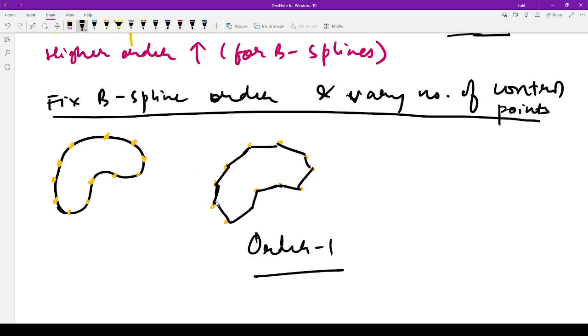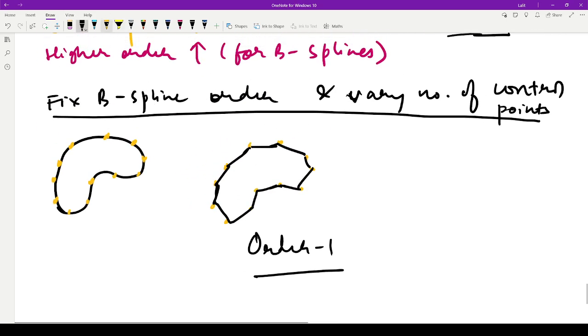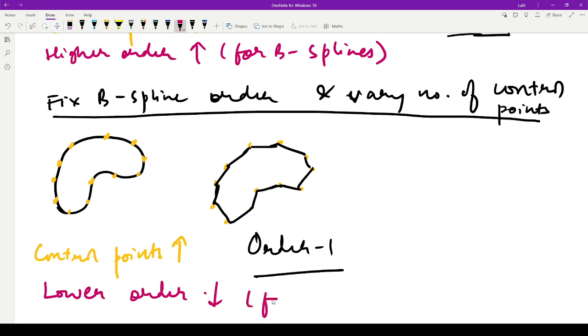This also looks like a bean, at least to me. So the point is, we have just changed the setting so that control points are high. When control points are high, then you can choose lower order for these planes